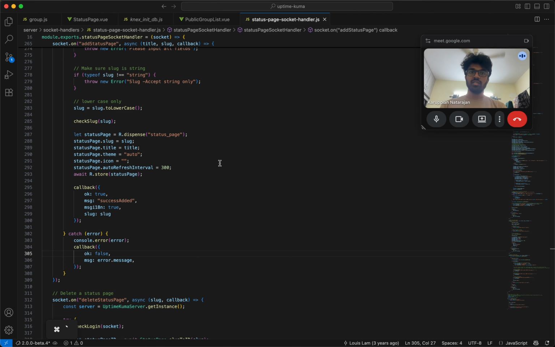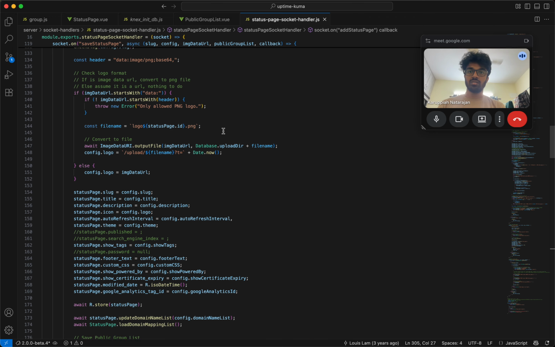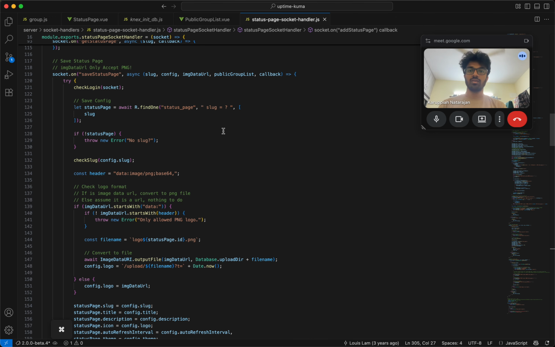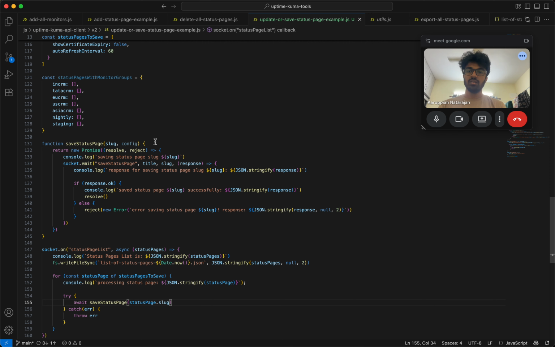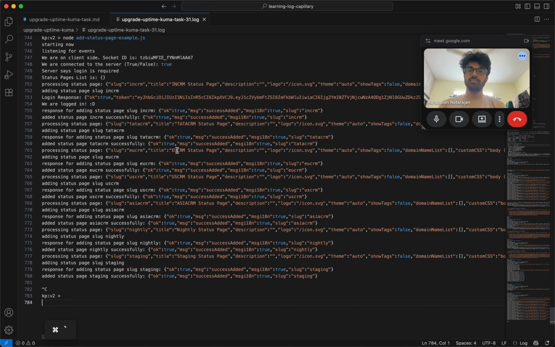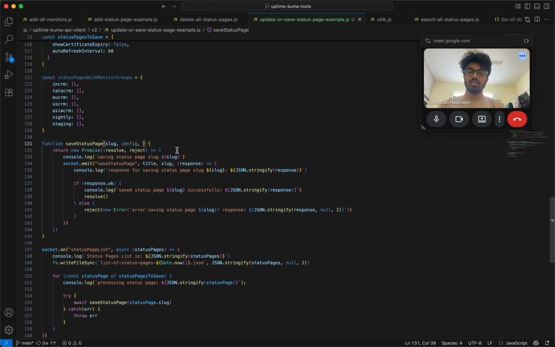So for save status page, we need a lot of things, right? We need the slug, we need the config, we need the image data URL. Okay. So we need the slug, we need the config. So this will be slug. Image data URL, public group list. Right? Okay. So here,